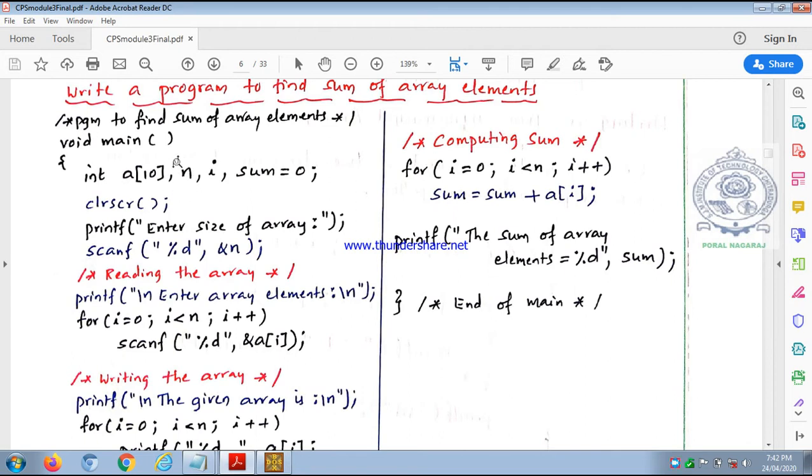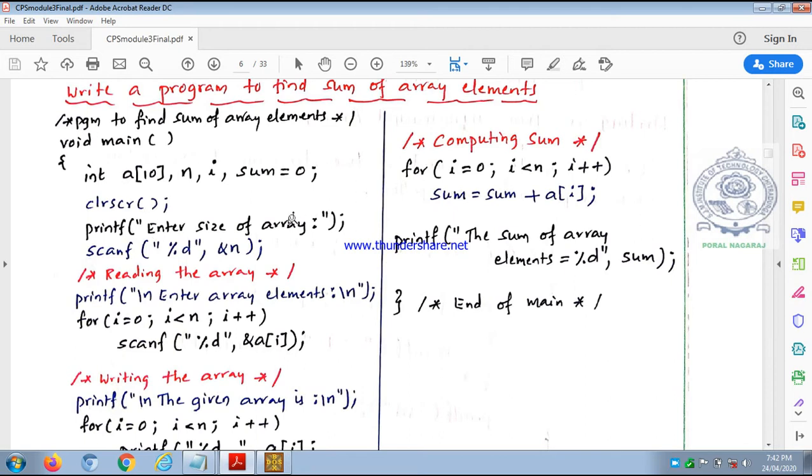That will be decided by this variable n, which is also of data type integer. To read the array, write the array, or perform operations on it, we have to use a for loop, and the for loop uses a variable i, so that's why I have taken variable i. You can of course use any variable, but in my for loop the variable is i. So this is the declaration.